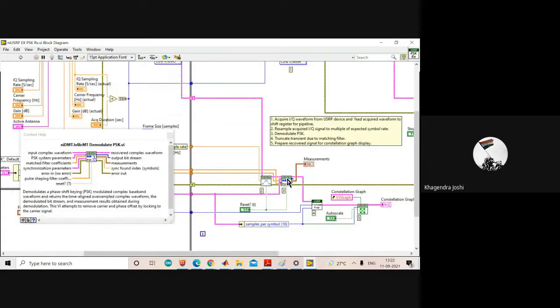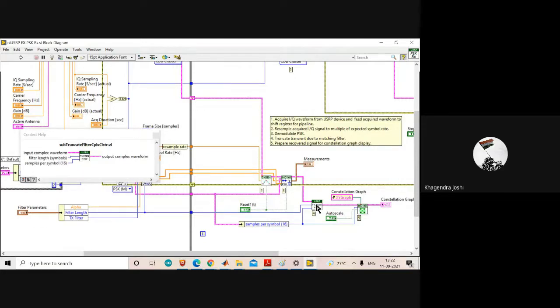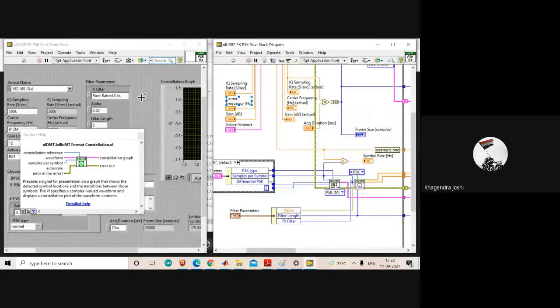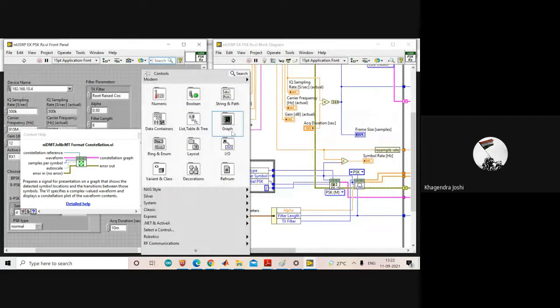Then that data is demodulated. Then this is something which has been created by an NI sub VI for the filter. A truncating filter has basically been used. And after that, we have this format constellation function which we have to use to see a constellation. To see a constellation here on the front panel, what you have to use is,